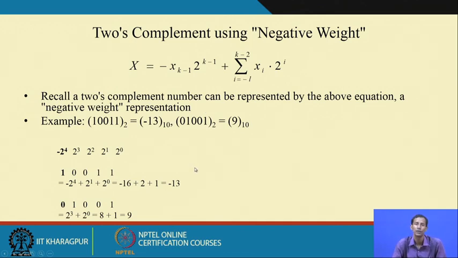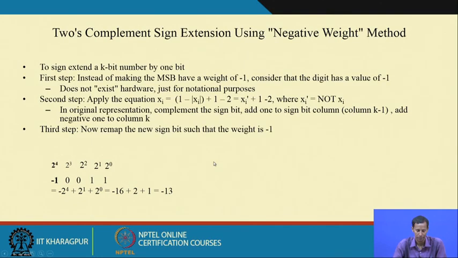Okay. So, that is in 2's complement. But if we do not use the 2's complement number representation, at that time what will be this value? This will be 16 plus 3 plus 1, the value will be 19 in case of unsigned representation. That is the difference between signed representation and unsigned representation.